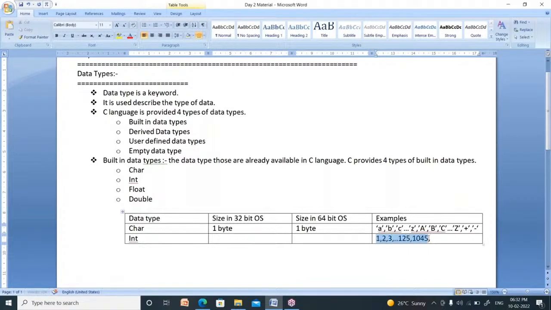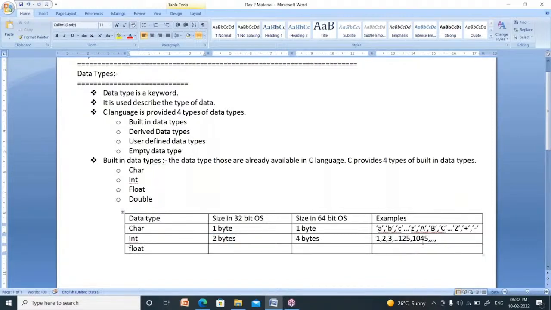Any round number is called an integer. The size of an integer in a 32-bit operating system is 2 bytes. In a 64-bit operating system it is 4 bytes. What is the size of an integer in a 64-bit operating system? 4 bytes. In a 32-bit operating system? Only 2 bytes.